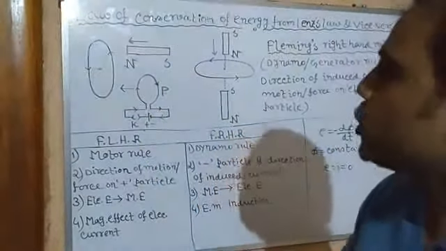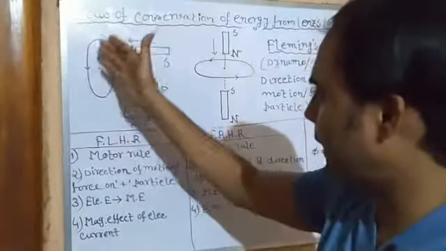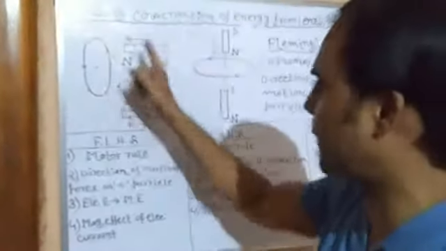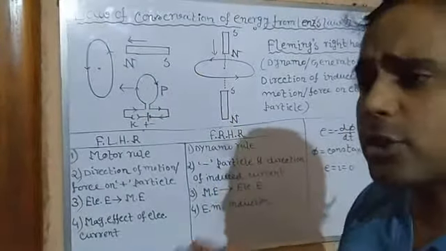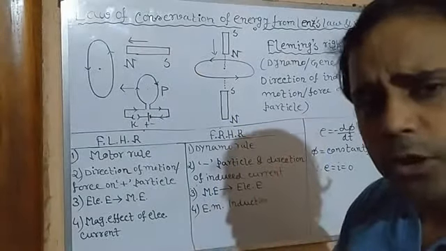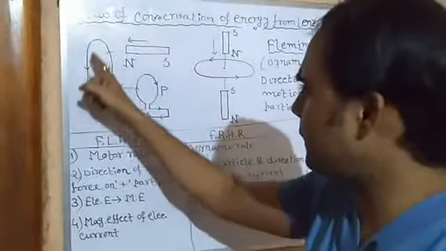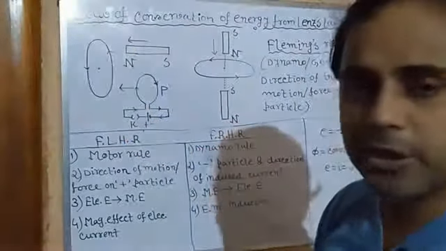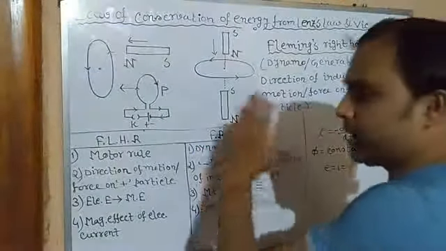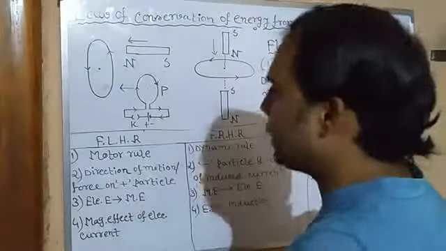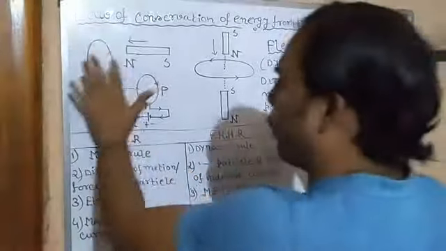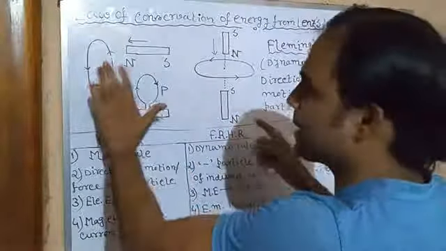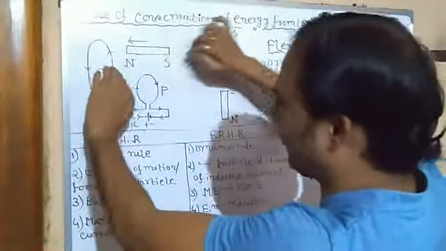Clear? So since the current will have to oppose it, in the front face, the face towards which the magnet is moving, it has to develop a north pole. That's why the current is in the anti-clockwise direction. So instead of attraction, since it is opposing, a north pole will be developed there to fulfill Lenz's law, and a north pole will develop in its front face. So it will start to repel the magnet.